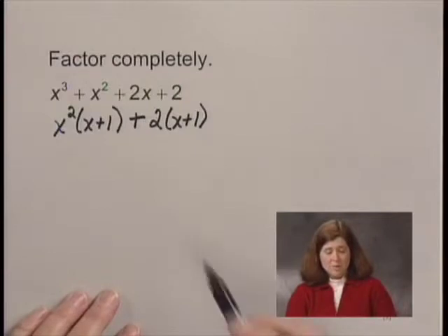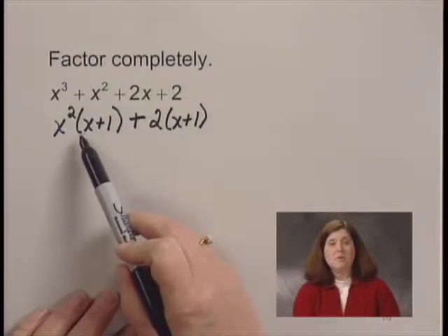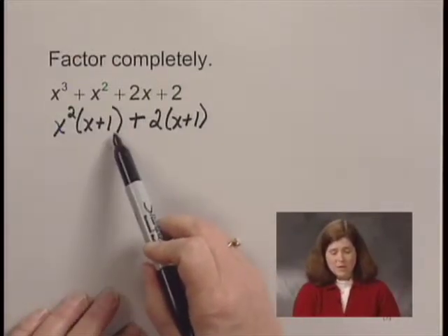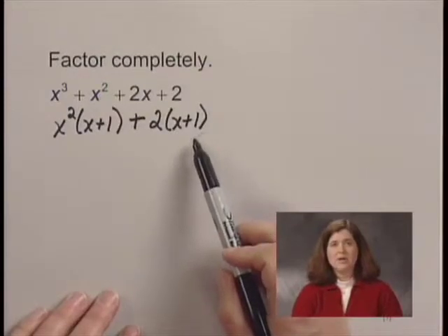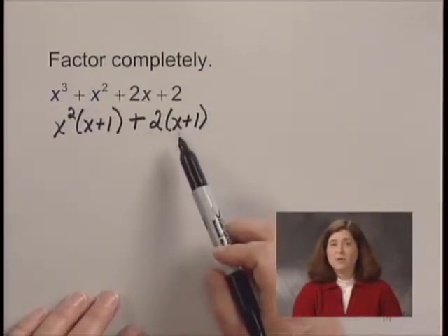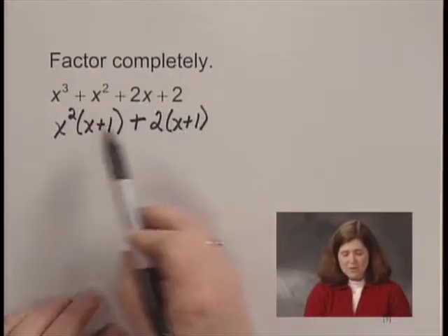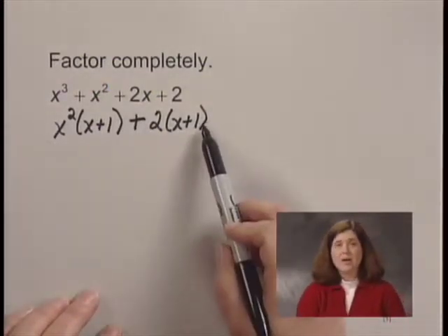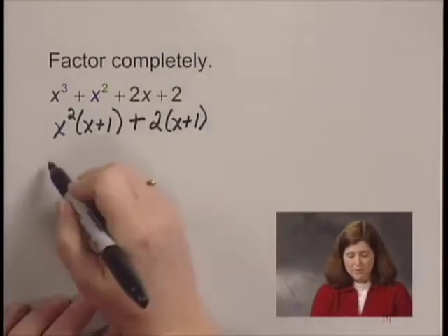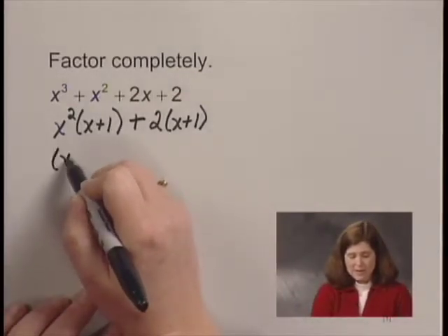Now if you get to this point and you see that you have a common binomial factor, x plus 1 here and x plus 1 here, we know that the factoring by grouping will be successful. So we factor out of this part and this part that binomial factor x plus 1. We write this as x plus 1